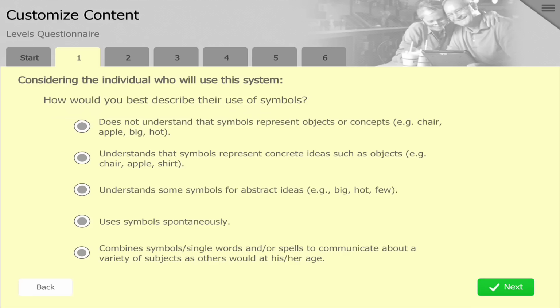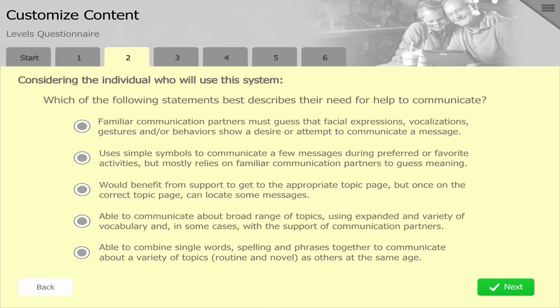So start the levels questionnaire, and this one is looking at the individual's use of symbols. So we could go from very early, not understanding symbols all that much, right through to combining symbols and single words and spelling to communicate. So I'm just going to go for the top level and choose next. Now we've also got statements that describe their need for help to communicate. So support there. So we'll go to the top where they are still combining words,